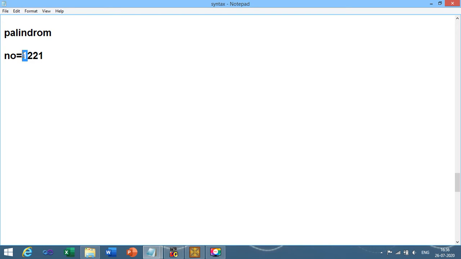So you just need to compare the numbers from the left hand side and right hand side, and if both are equal, that number is known as a palindrome number. The same number you can write like this also.